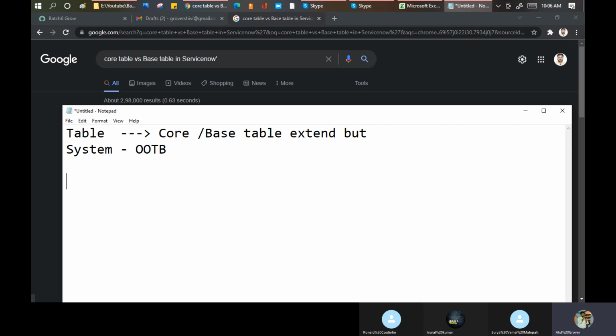Now if you are a ServiceNow learner or you are working in ServiceNow, you should know what the base or core table in ServiceNow is. That is called the task table. This is the first, the prime, the base or the heart of ServiceNow. All other tables like incident, change, problem have been created on the basis of this table.